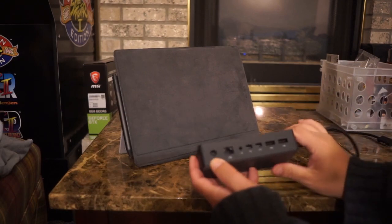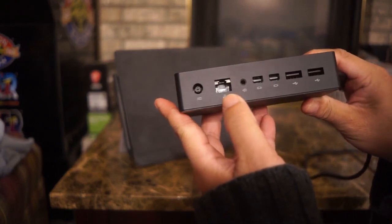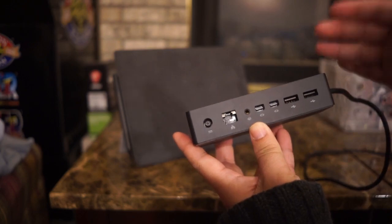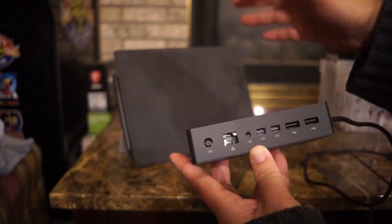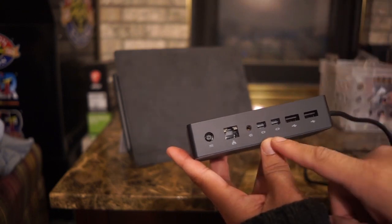So here's the power. You can get Ethernet. I'm going to hold it a little closer. Ethernet, volume out. So if you have external speakers or better speakers, you can plug them in, and so your Surface Pro will become a much better media device. And it has two